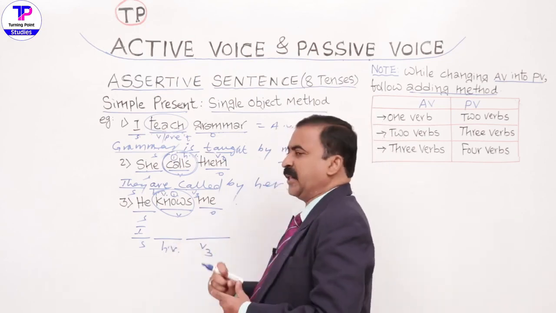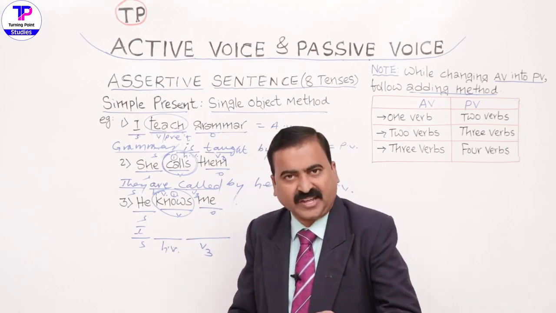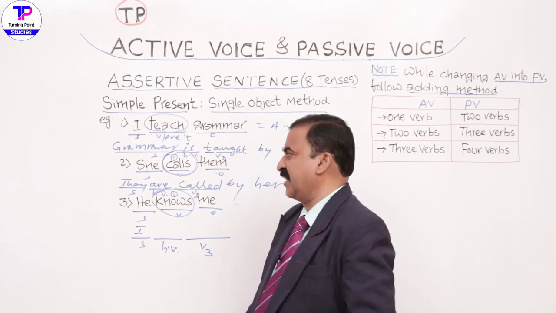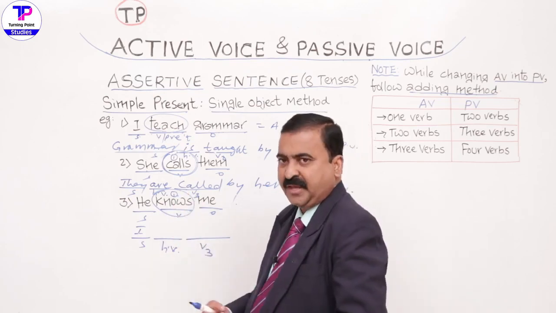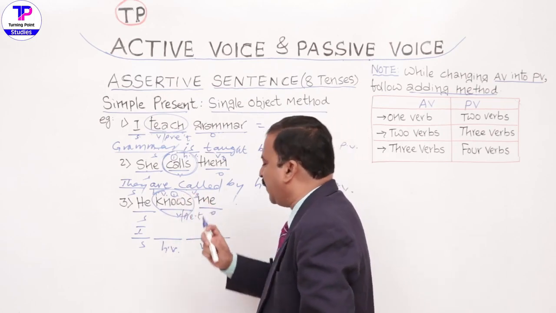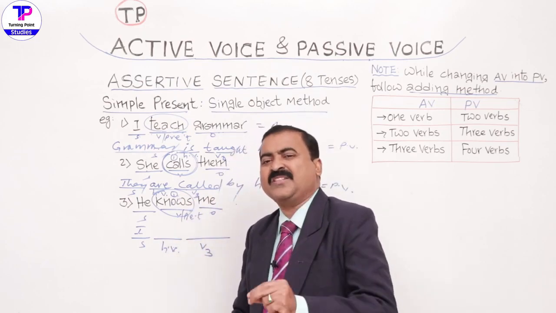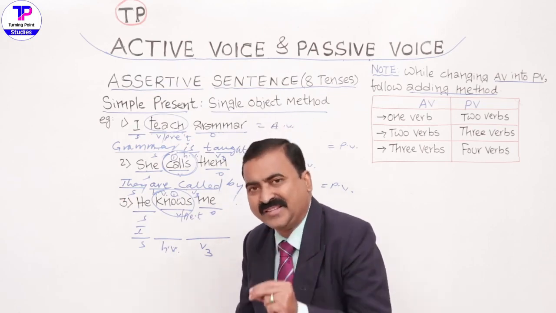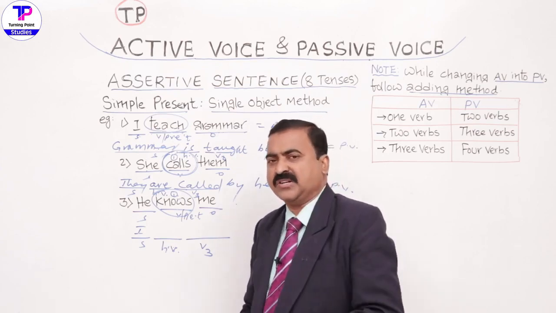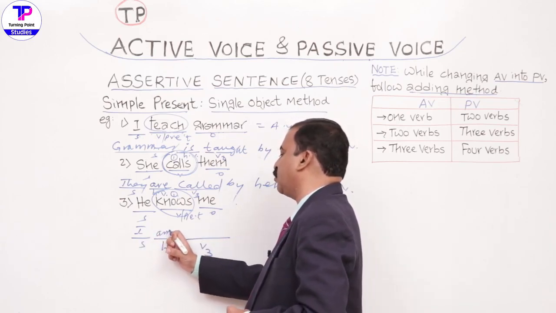Okay. Now I have to write helping verb. To write helping verb, should I write present tense, past tense or future tense, perfect tense or continuous? For what tense I have to write the helping verb? That will be decided by the verb in the question. In the question, knows is there. The verb knows comes under present tense. Since the verb is present tense, you have to write the helping verb in present tense only. For present tense helping verbs, is, am, are are the words. Among these 3, what is suitable? For the word I, you have to write am.